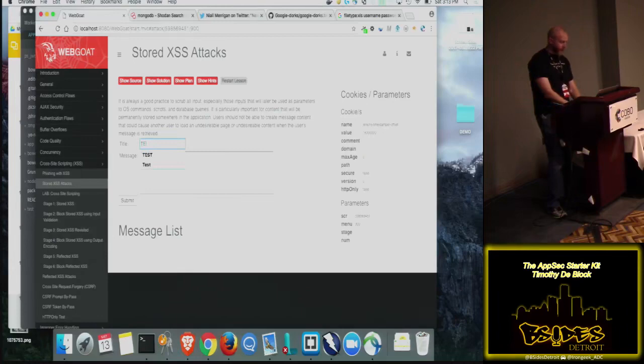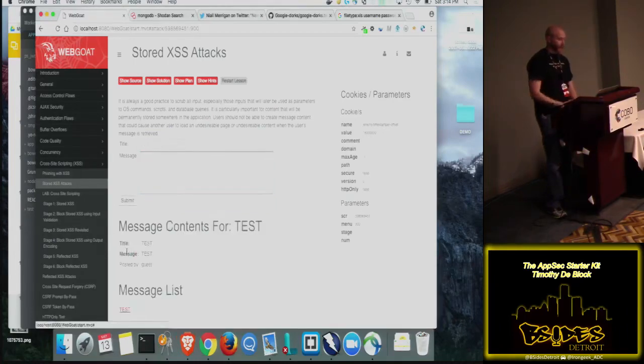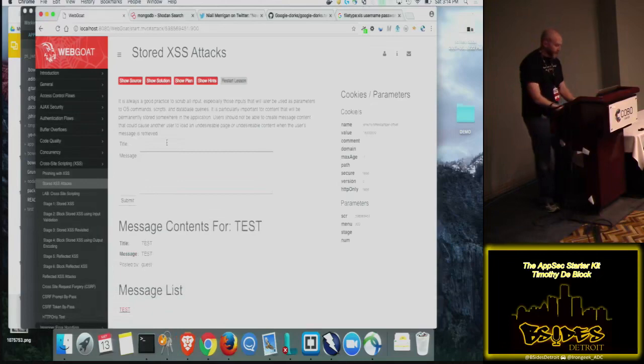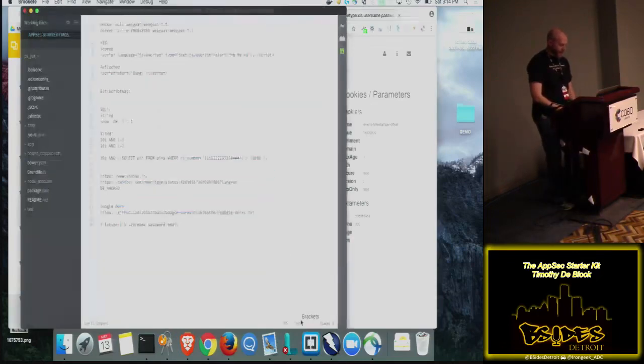This is a form-type based one. So I click here, hit test, I go to the message. Now we're going to add a little cross-site scripting code, because I didn't memorize all this. I'm just grabbing my code here,